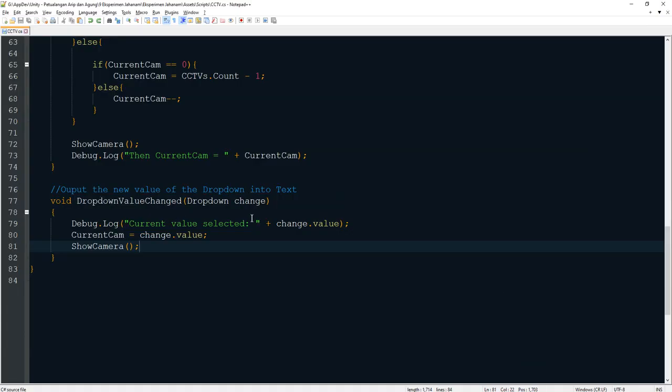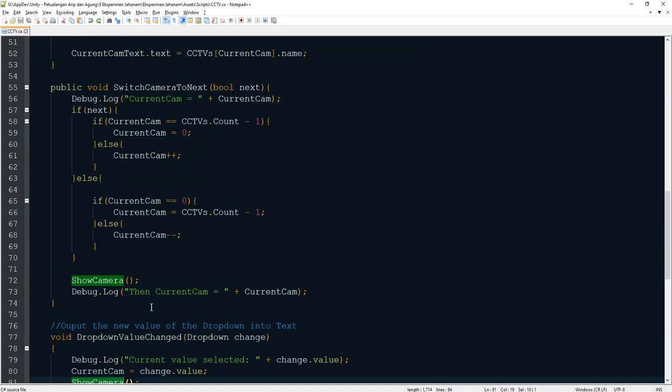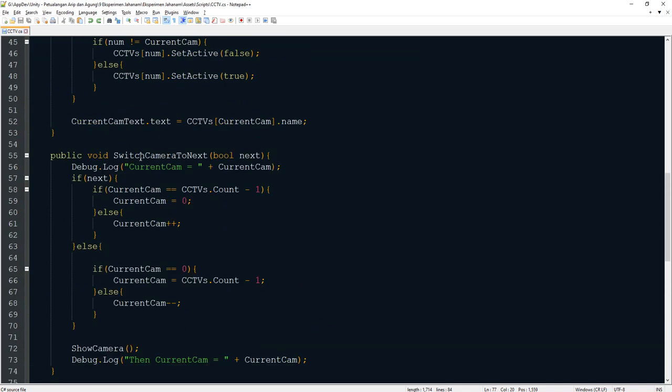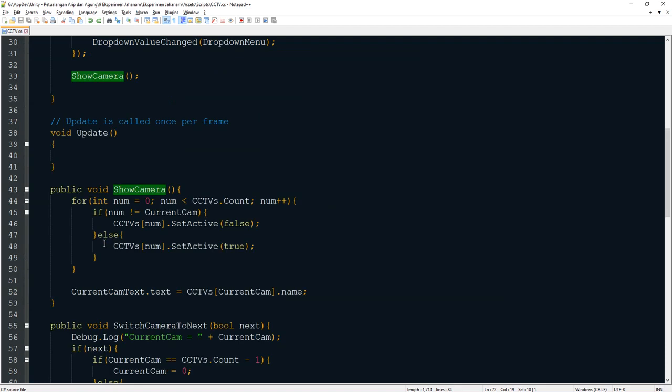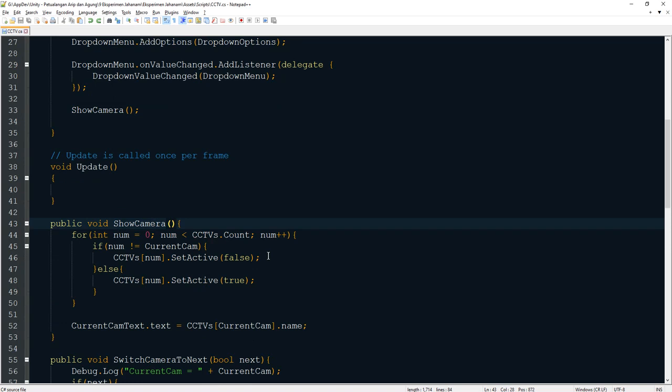Here is our drop down value change function, and here is the show camera function. We call this function on the drop down value change and also on the switch camera to next function. We need to update or change this function. This is the function. I will add this parameter to the function, show camera to